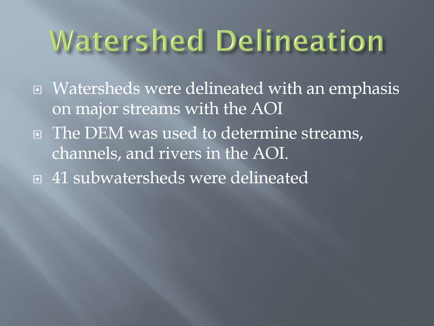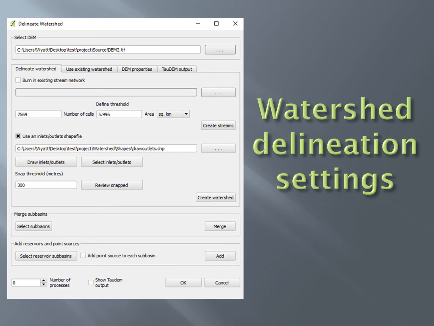Then the watershed delineation process was followed. Watersheds were delineated with an emphasis on major streams within the AOI. The DEM was used to determine streams, channels, and rivers, and we created 41 sub-watersheds. And this is a generalized watershed delineation setting, whether you use QSWAT or MapWindow SWAT or ArcSWAT. Now check one important thing: we defined the threshold as 5.996 square kilometers, which is 2569 cells, meaning the smallest sub-watershed will be 2569 cells, or 5.996 square kilometers in area. Thus we got 41 sub-watersheds,